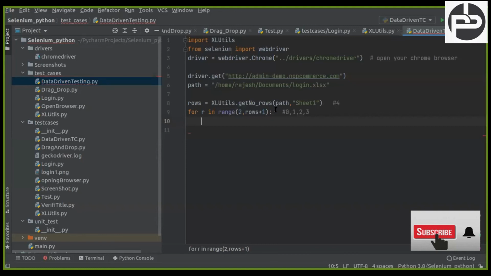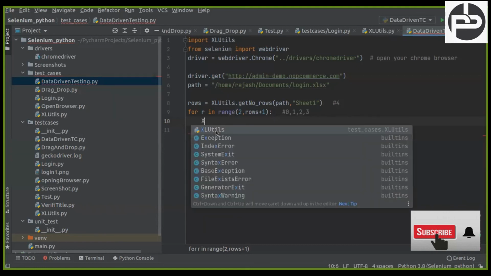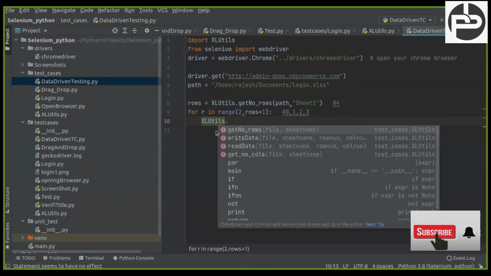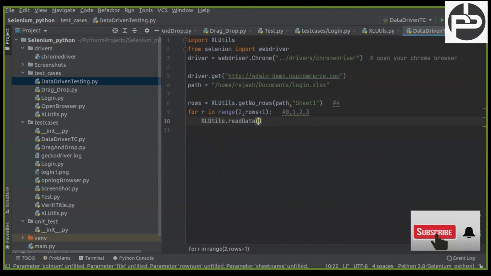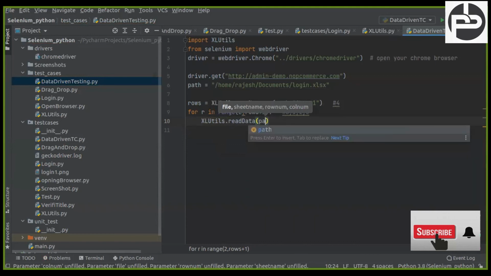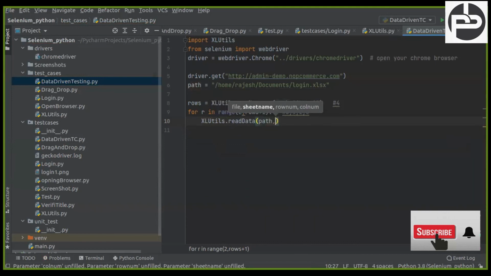Now we are going to read the data from the Excel sheet. Come to the coding, and inside Excel utils we have a function read data, and read data is asking for 4 things. First, the file, which is stored in path. Then the sheet name, which is Sheet1. Then the row number: which row you want to execute?